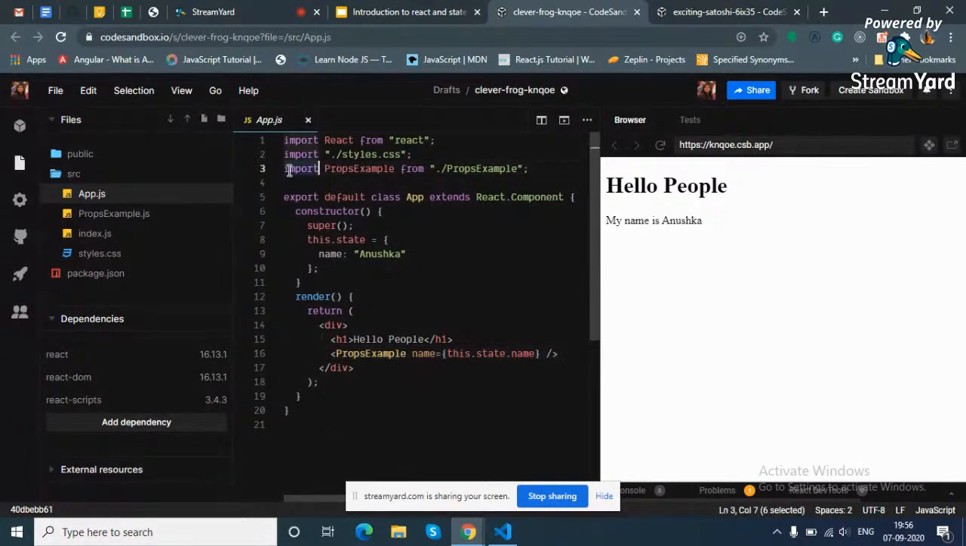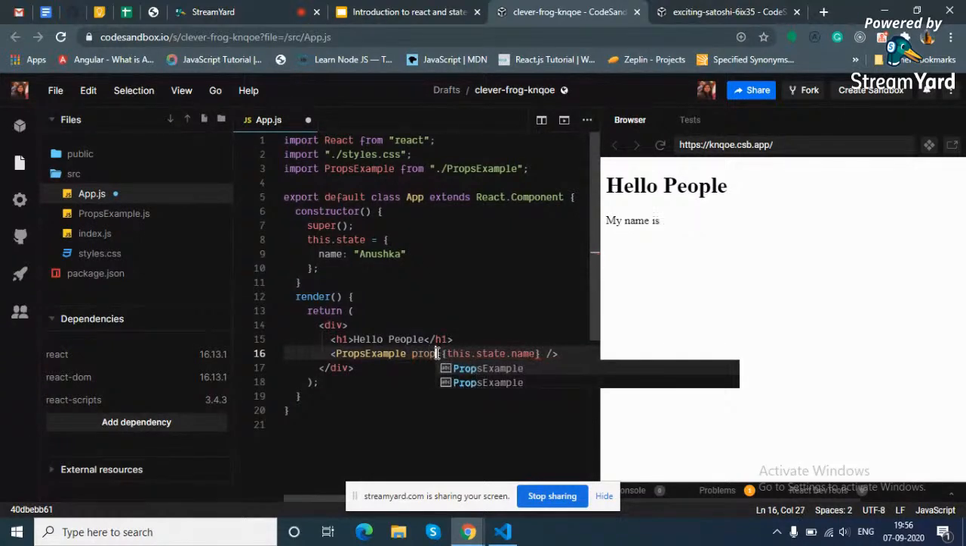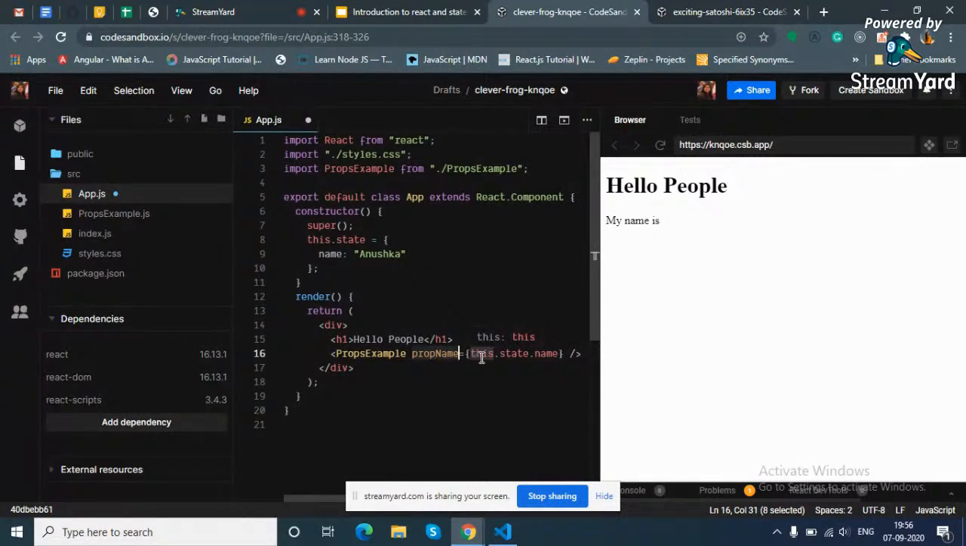Then here, import props example from props example. Dot slash means inside the same folder. If I say dot dot slash, then it goes one more folder behind. So dot slash is in the same folder only. Then props example name this dot state dot name. I have passed a prop name, and you can keep any keyword over here. Then I keep this dot state dot name, whatever the state of name is right now, and pass it